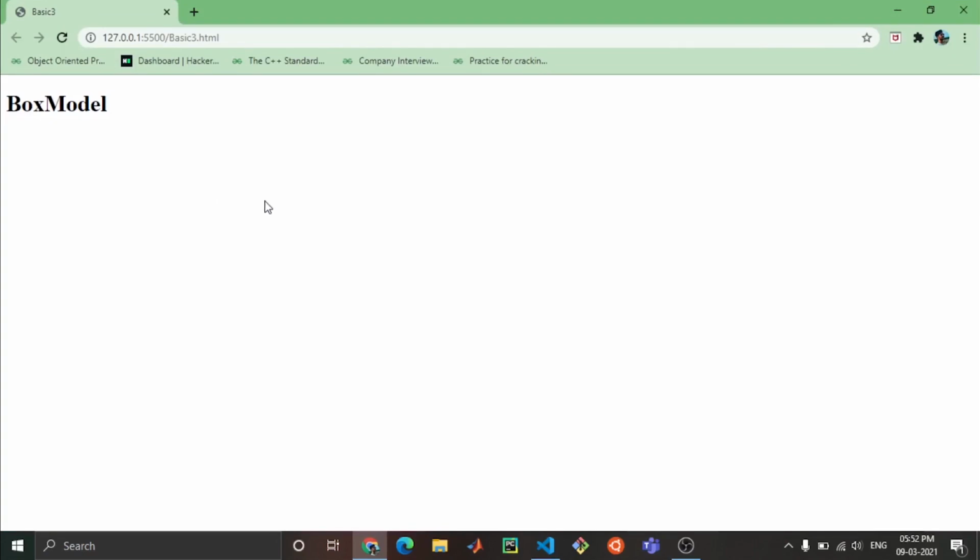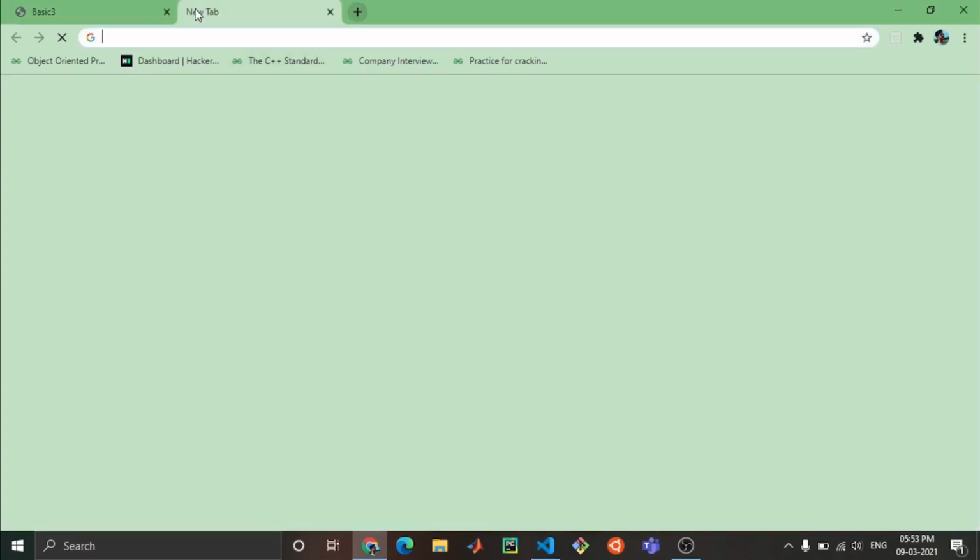So what structure contains, or we can say what box model contains, it contains the content of our web page, followed by the padding. After that, border will be there, and after that, margin will be there. What padding is, as I have already said in previous video, padding is just the inside gap from the border towards the content. And what margin is, the outside gap from the border outside the content, or we can say from the border to outside thing.